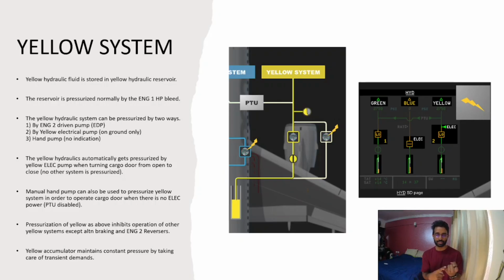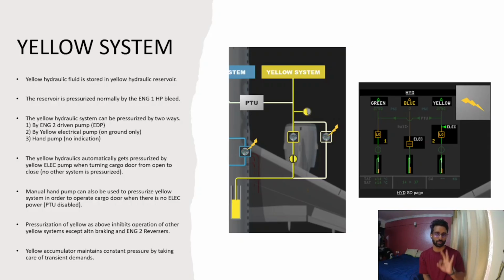So the yellow system has an engine driven pump that is off, and the electric pump is not working. So we still need to open the cargo door, right? For that, Airbus has designed something called a hand pump. You must have seen people pumping water from underground, right? A similar principle: there is a hand pump, there is a rod. I'll show you the picture. You will pressurize it by physically pumping it, and that pump will pressurize the yellow hydraulics and can open a